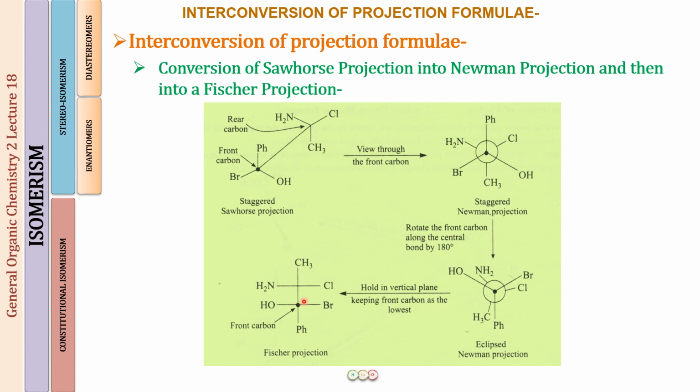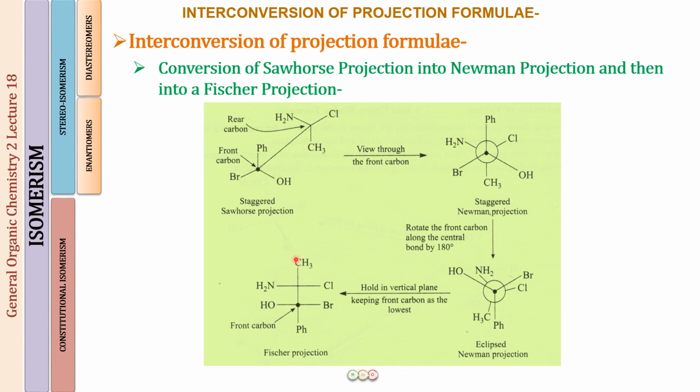And then for the front carbon, what were the groups that we had? Well, we had an OH, a bromine and a pH. So pH is going below. OH was on the left side, so left side, bromine was on the right side, so it is on the right side. Okay, then we look at the circle, that is the C2 carbon. So here we have that. So what was the group which was attached to the C2 carbon, which is, you can now see that is also below, but actually it is on the top. Okay, so we have this over here as the CH3.